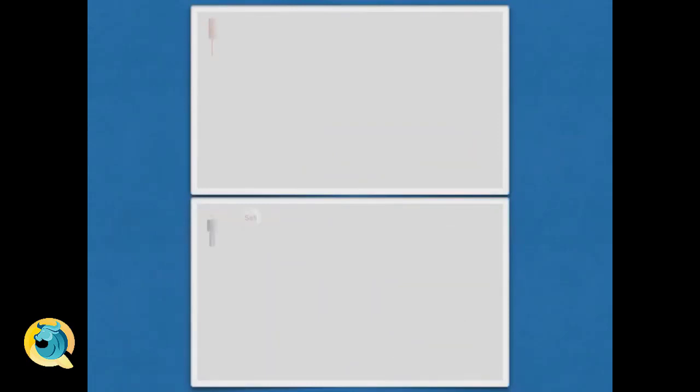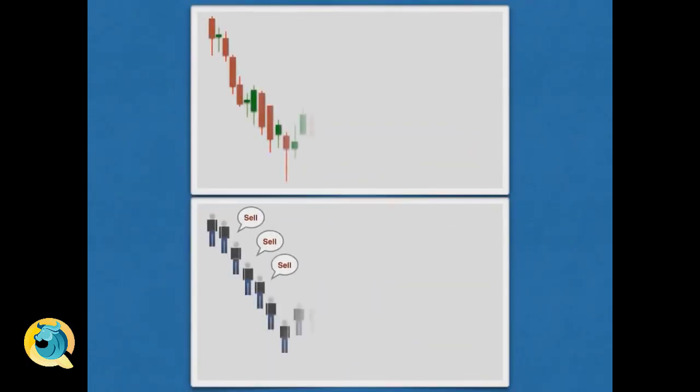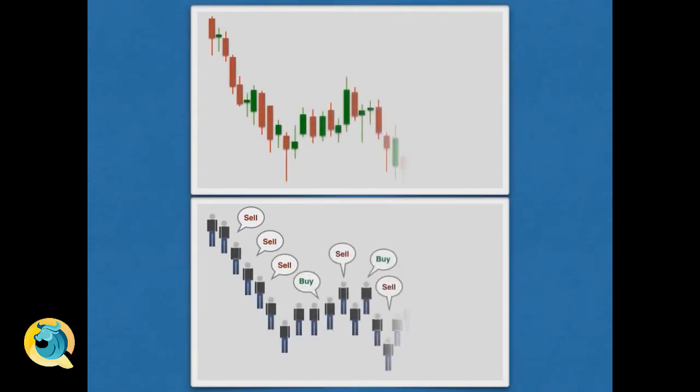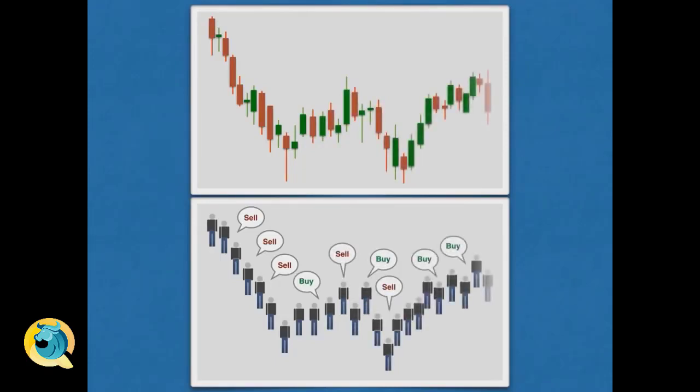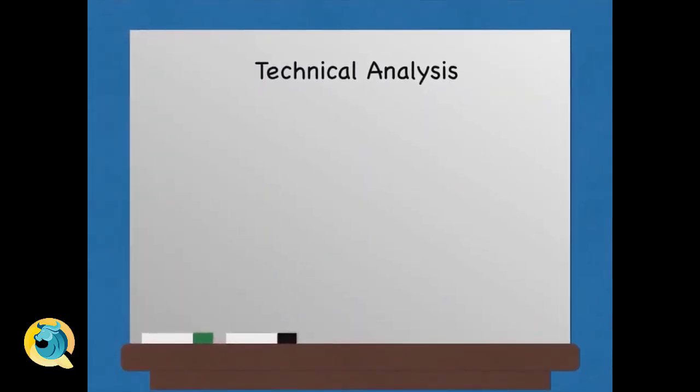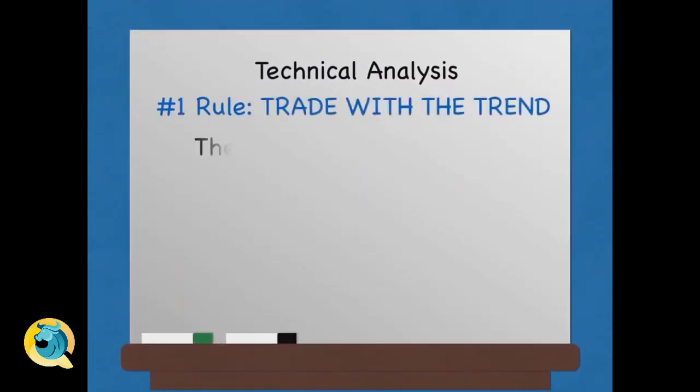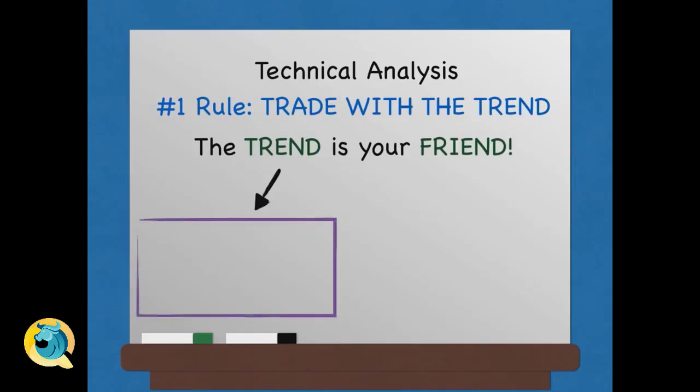A stock chart is just a reflection of how traders react at certain prices and the psychology behind their decision to buy or sell. By observing a few select repeated patterns that occur time and time again, a trader is then able to read what a stock chart is saying and forecast trades with a higher probability of success. The number one rule in technical analysis is to trade with the trend. The trend is your friend because it ensures that you're trading on the right side of the market and not against it. The trend allows you to buy a stock that has momentum on its side where demand is greater